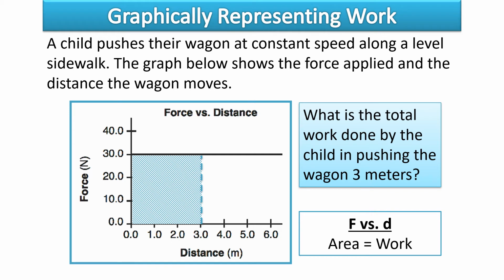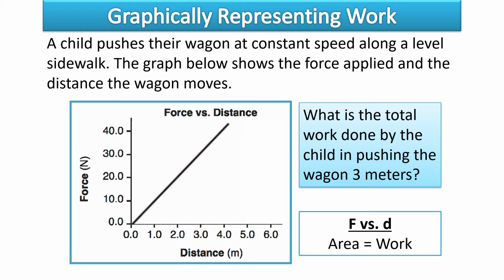You might say to yourself, okay, but the formula works just fine. Why the heck would I need to know that? If the force varies, you could see on this graph, if you think about it, the force starts at 0 and then you slowly increase the force that you're applying. So you're pushing harder and harder and harder on the wagon, okay? Then you can't just do W equals FD, because what would you plug in for F? 0, 40, you know. Let's look at this graph. If we know that the area under this curve is equal to the work,